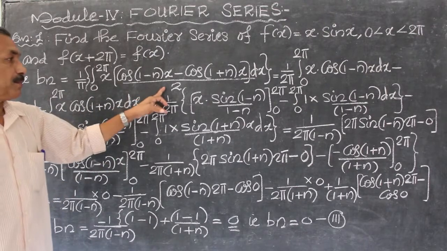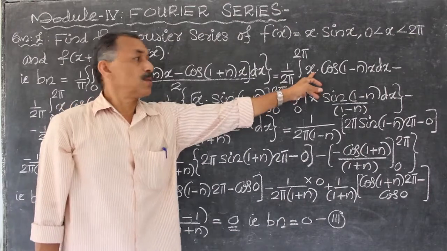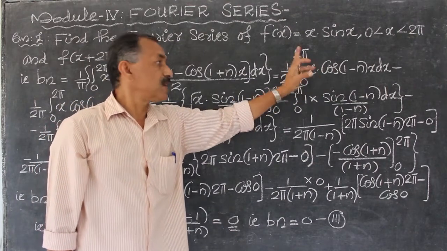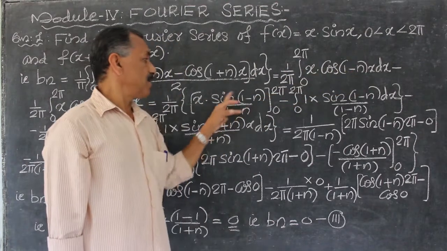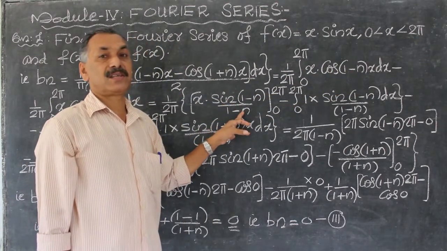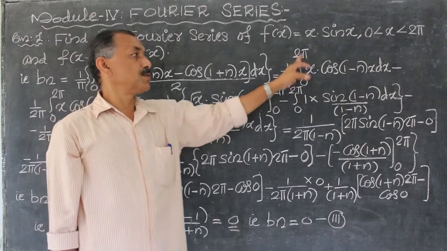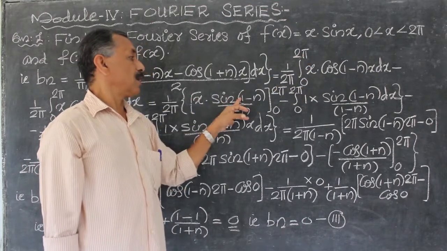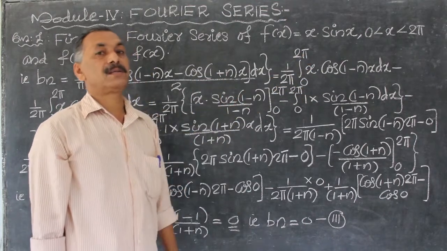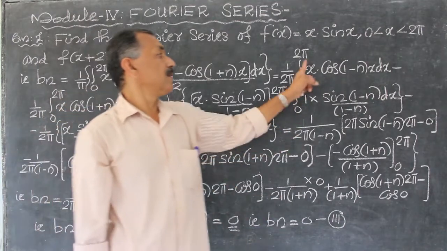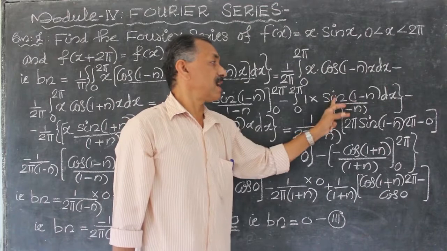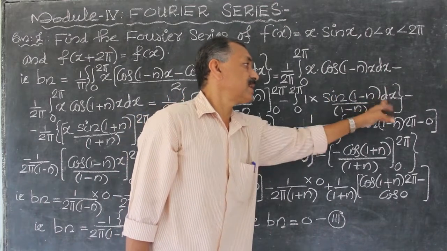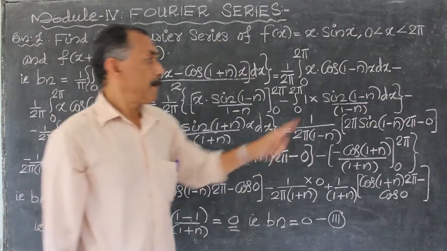That's equal to 1 by 2 pi. Apply the product rule, integration by parts: first into integral of cos(1 minus n)x, sin(1 minus n)x divided by (1 minus n), between the limits 0 to 2 pi, minus integral of derivative of first into integral of second, cos(1 minus n)x dx, sin(1 minus n)x divided by (1 minus n) dx, minus